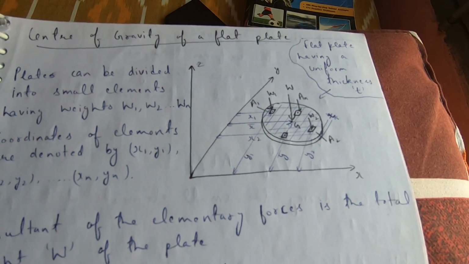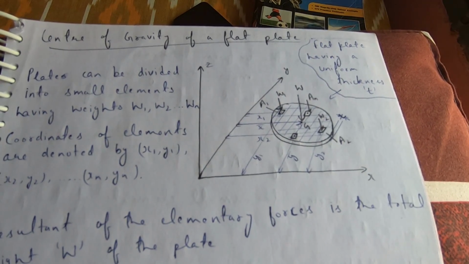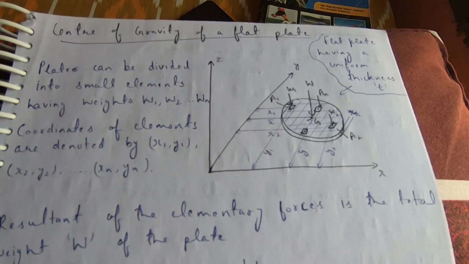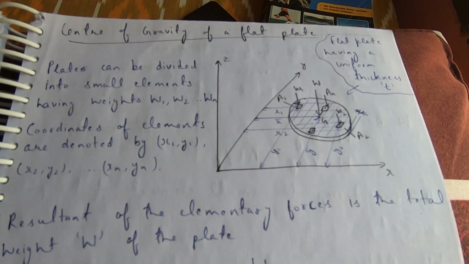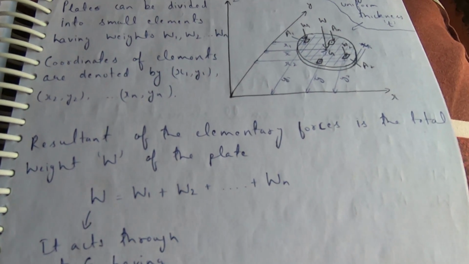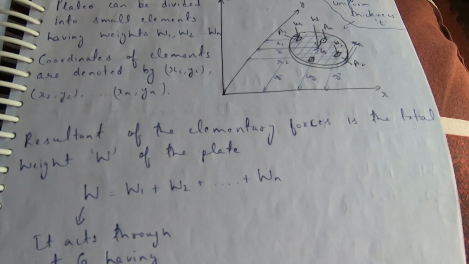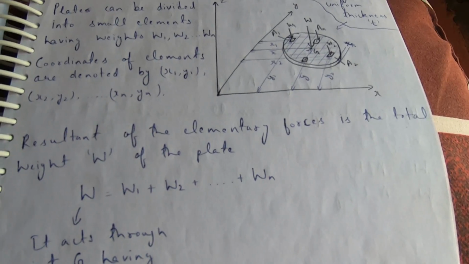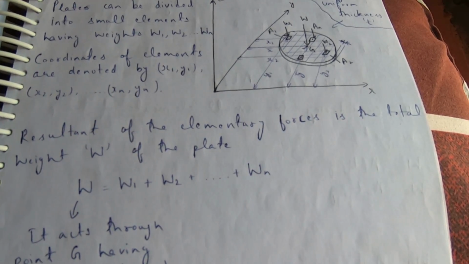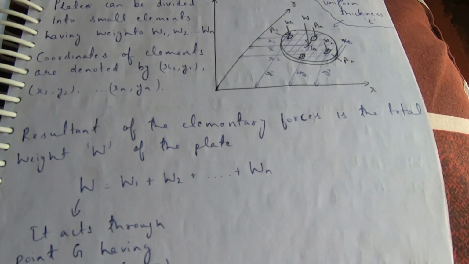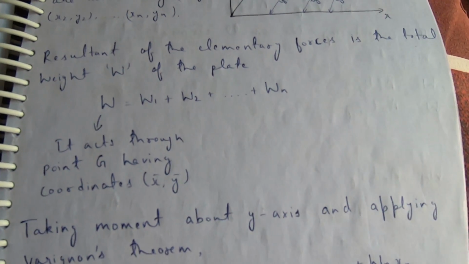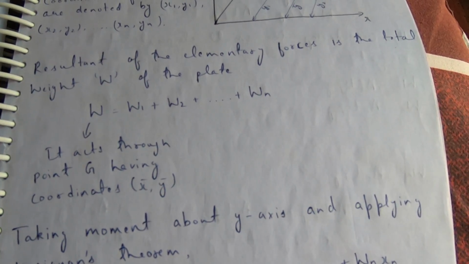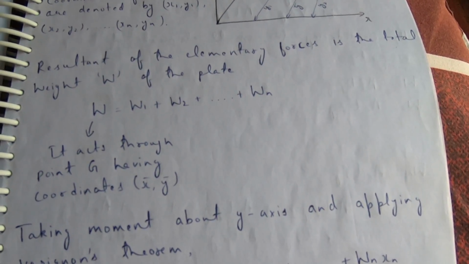Center of gravity of a flat plate. Flat plate having a uniform thickness T. The plate can be divided into small elements having weights W1, W2, ..., Wn. Coordinates of elements are denoted by x1, y1, x2, y2, ..., xn, yn. The resultant of the elementary forces is the total weight W of the plate, where W equals W1 plus W2 plus ... plus Wn. W acts through point G having coordinates